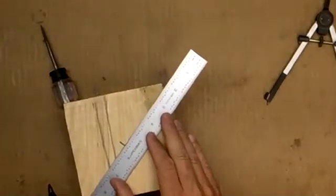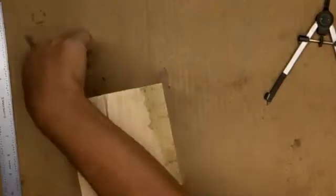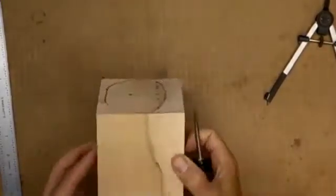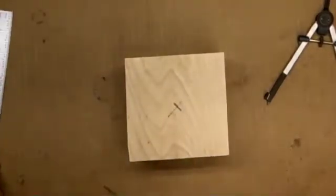And if you want to use a center finder and measure this more accurately, you're welcome to. Again, the more precise you are with everything, the better balanced the final piece comes out. So now I have nice points, top and bottom. When I put it between the lathe, it's got nice centering on it. And lastly,